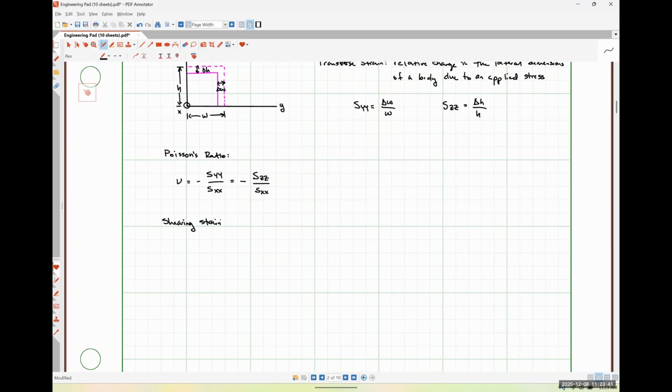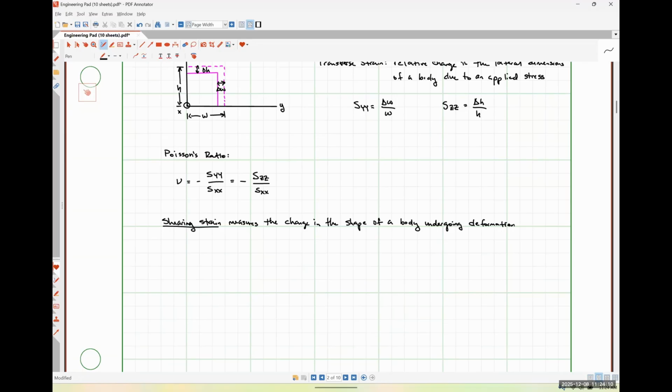So shearing strain measures the change in the shape of a body undergoing